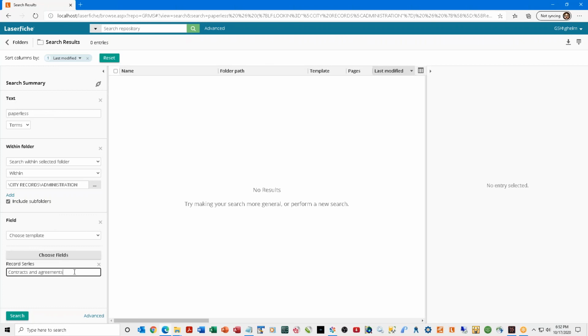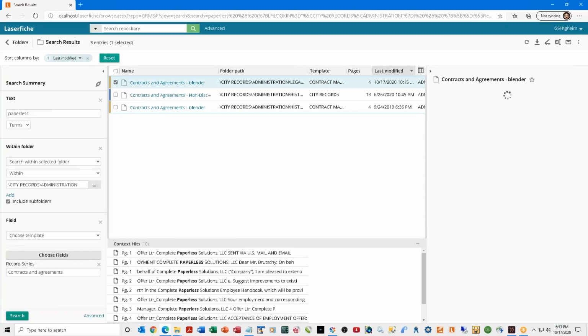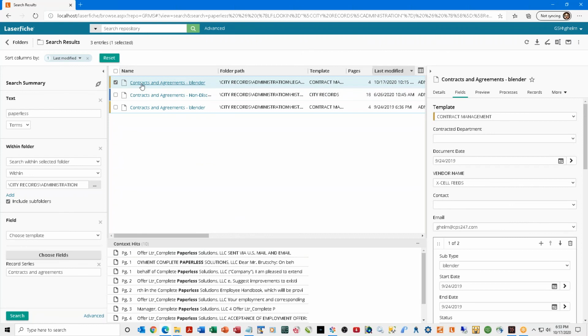If I put the S on there, I'm searching within records administration for the text paperless, and for the record series in the metadata for contracts and agreements. Search. Now you'll notice it brought me back 3 documents with contracts and agreements with the word paperless,